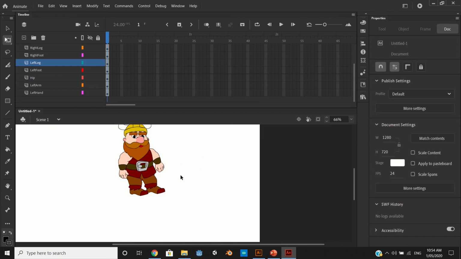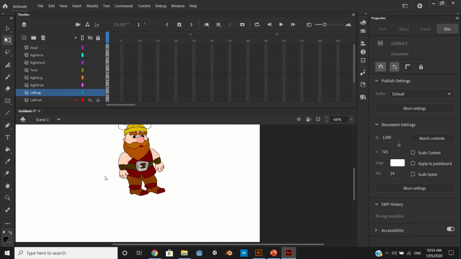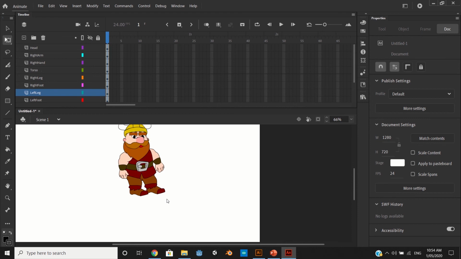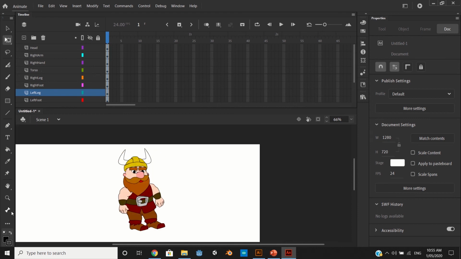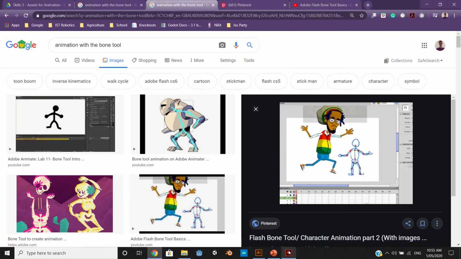Alright, so once you've created all the symbols and you've layered them all back into the positions, it's actually time to use the bone tool. So what you need to do now is find the bone tool. Now, actually, before we do that, we need to make a pivot point. Because if we look at our character in here, he's got 2 dots in the torso and 2 dots in the hip. Now, that's actually not possible with the bone tool. It only allows you to do one pivot point,